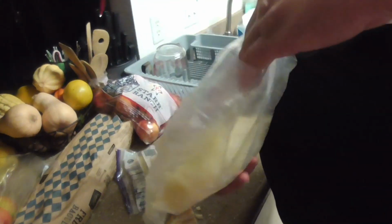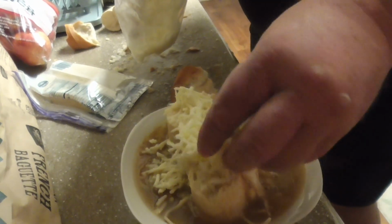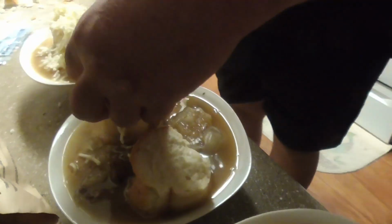Now, to put cheese, first let's lay down our mozzarella cheese because it's shredded. I always like to put down mozzarella cheese first. So watch this. Over the baguettes and around the soup. That's where the mozza cheese is going to go. Just like that. Over the baguettes